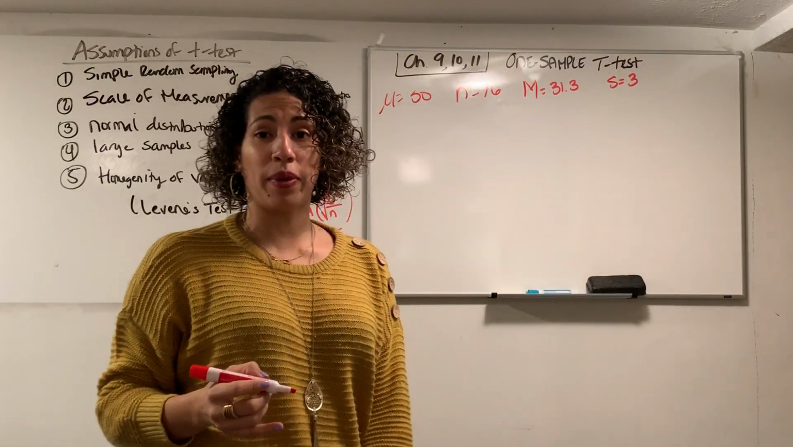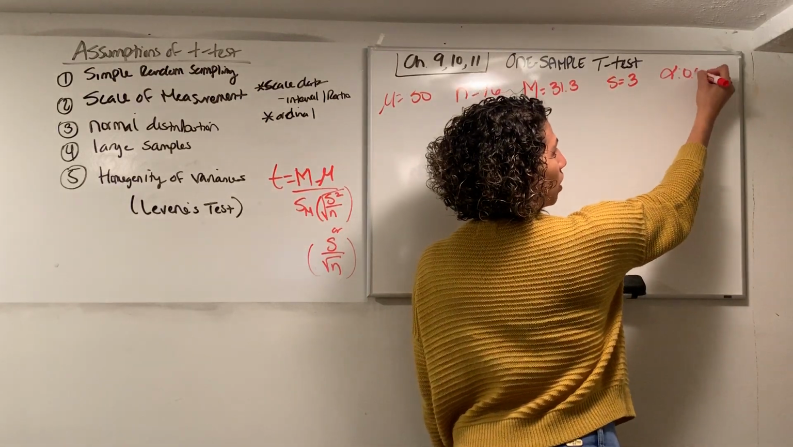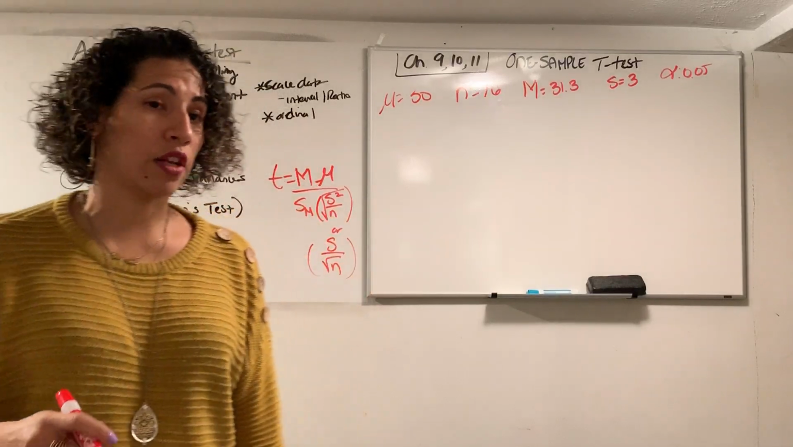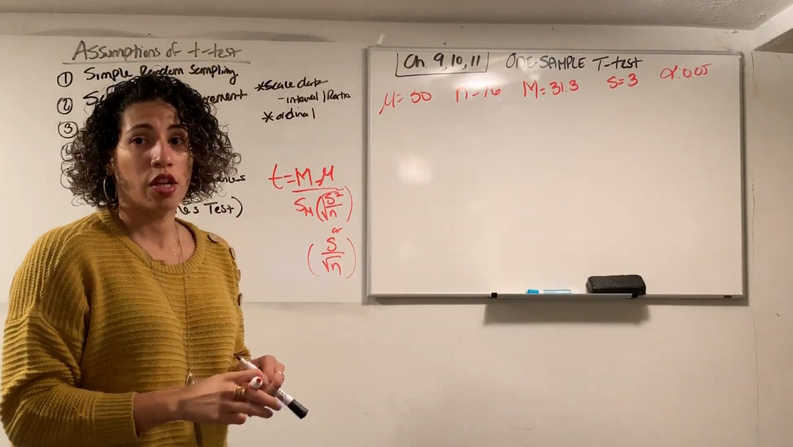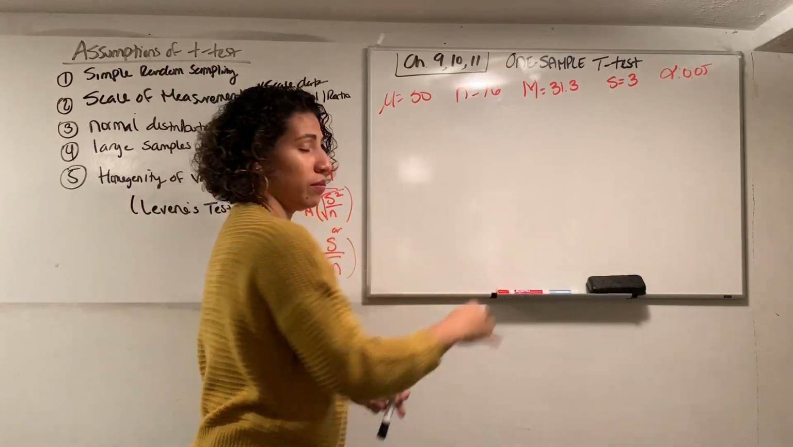So now that we pulled the information, the last thing we need is our alpha level, which here we're going to use the default of 0.05. All of this information is needed for you to actually run the test. So now that we have to think about the weight loss treatment, let's actually run the test, starting with step